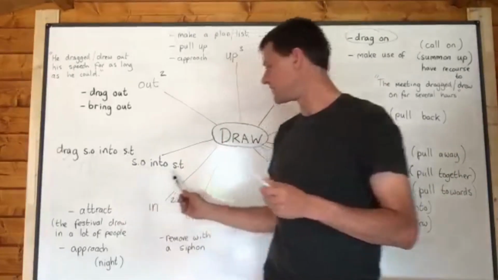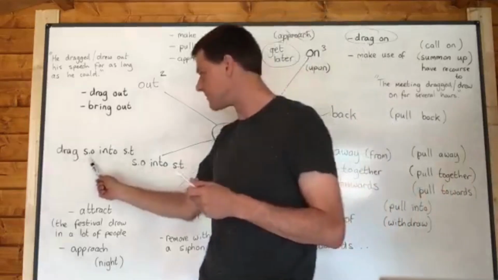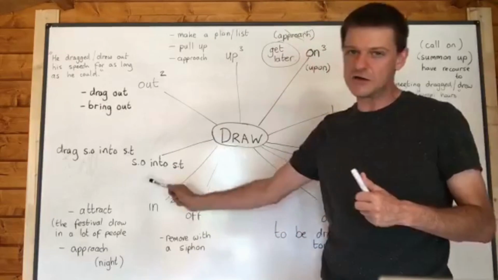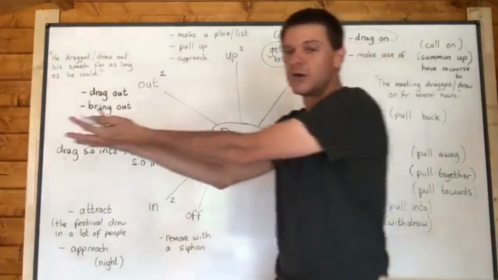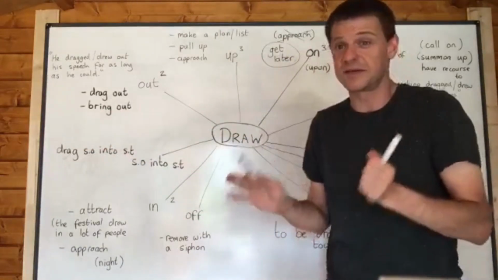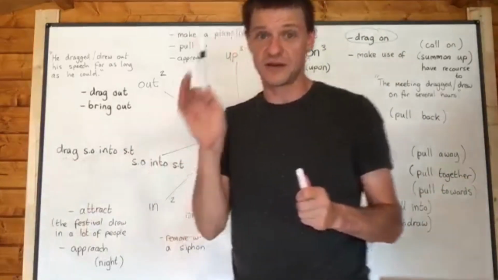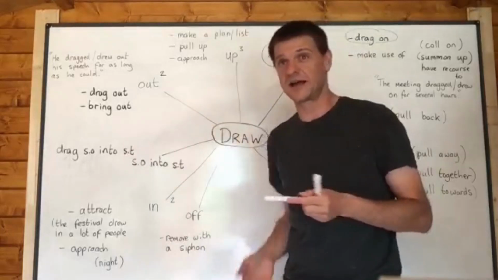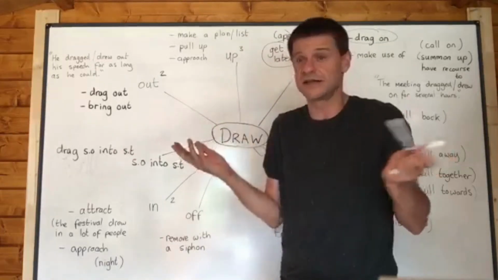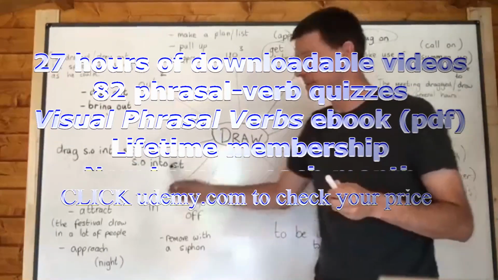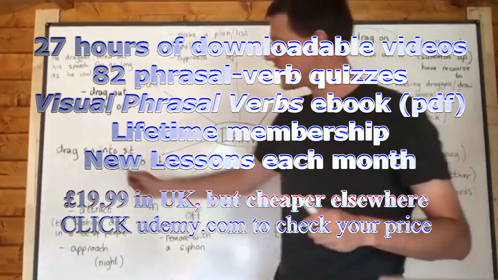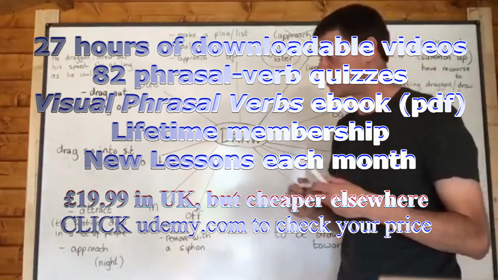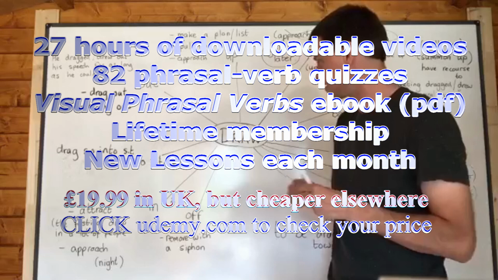If you draw somebody into an argument, you drag them into an argument, you pull them into an argument. It's another very common use of draw when you attract someone into something they don't want to be involved in. And drag is definitely something that they don't want to be involved in. So he dragged me into this fight, or he dragged me into a concert I didn't want to go to, or he drew me into a concert I didn't want to go to. Drag is probably more common there. But certainly you can draw someone into an argument, meaning pull them into an argument.